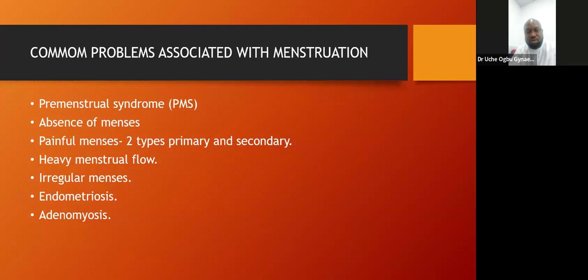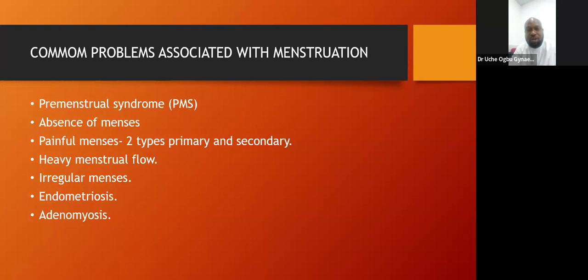And they include mood swing, severe breast tenderness, lower abdominal pain, and in some, the mood swing could be severe to the level of appearing like depression. But one thing is key: once the person starts seeing a period, these symptoms usually disappear. If it lasts longer than the first day of period, then you will not regard that as premenstrual syndrome. It might be from other causes and needs to be investigated.